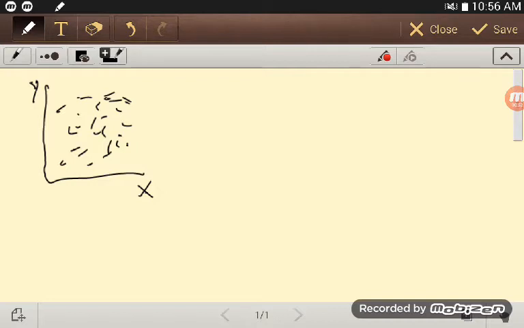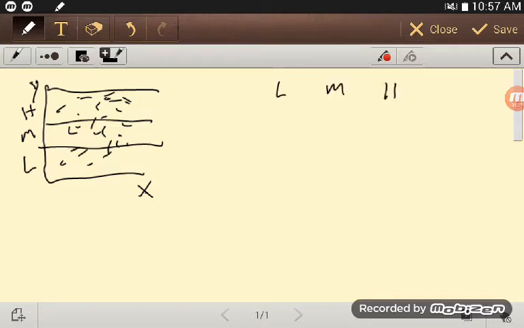So, in essence, when you're using an ANOVA, for any given x value, you want to know something like low, medium, and high. And so what we would do is, if we had our low, medium, and high for our response, or y variable,